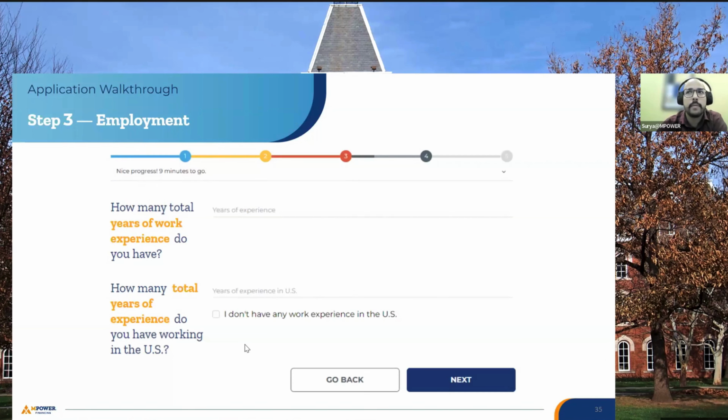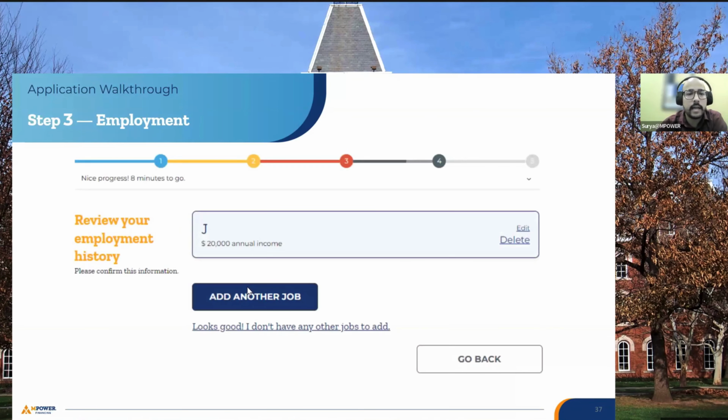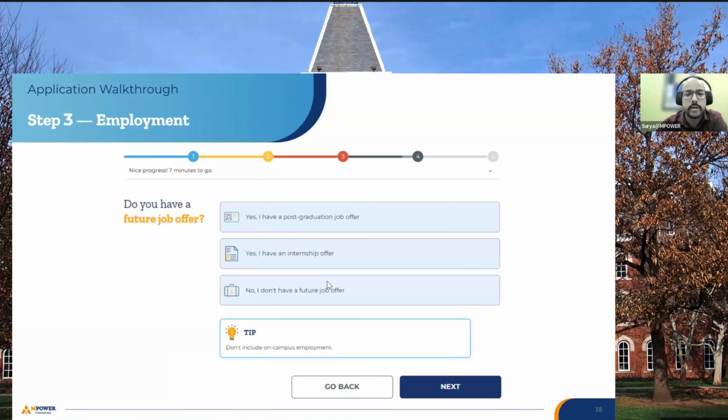One more important point about why we ask these details is that this is really important when we are reviewing any application related to a certification program. There are certificate programs that we may be able to consider, but it depends on a case-by-case basis. If you are pursuing a certificate that does not hold any relevance to your previous education or work history, then you may be deemed ineligible for those certificates. So that's why it is very critical that, when you have those experiences, you do provide them to us. I'll simply skip this part, as it's just regarding employment history.